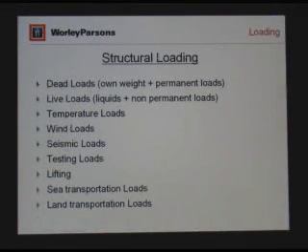Structural loading, we're getting short of time here, so I won't spend too much time on this, but basically the loads that we have are, of course, dead loads, which are the permanent fixtures. For example, the structural framework of this building here, obviously, is a dead load. We have live loads. In this case here, all of you sitting here, for example, would be considered a live load. Any in the refinery type applications? Sorry? We had some dead loads somewhere? Did I miss? Live loads in the refinery would be the liquids, the contents of a vessel, for example, would be live loads.